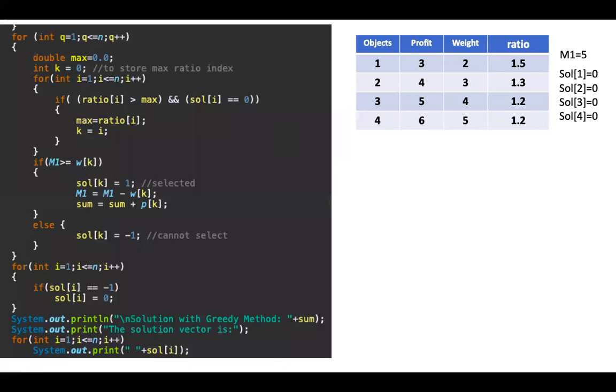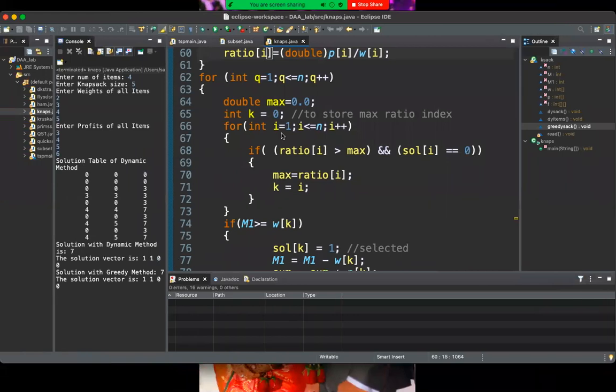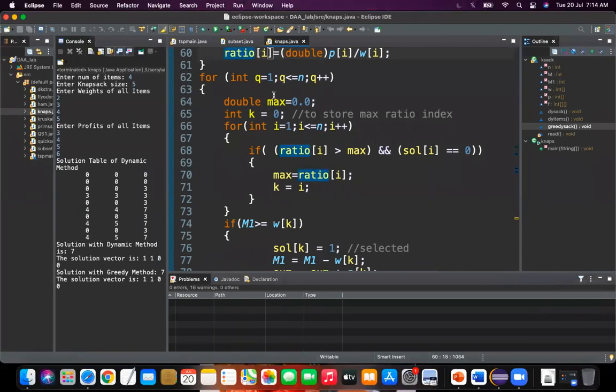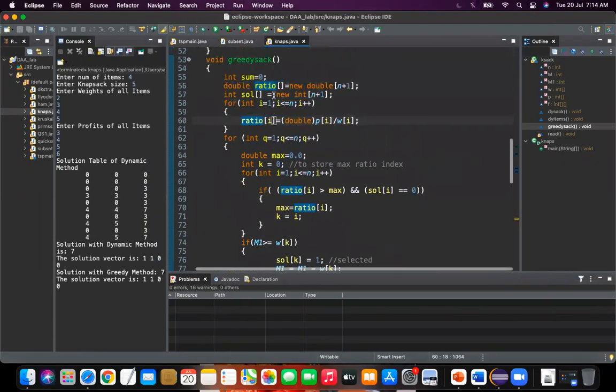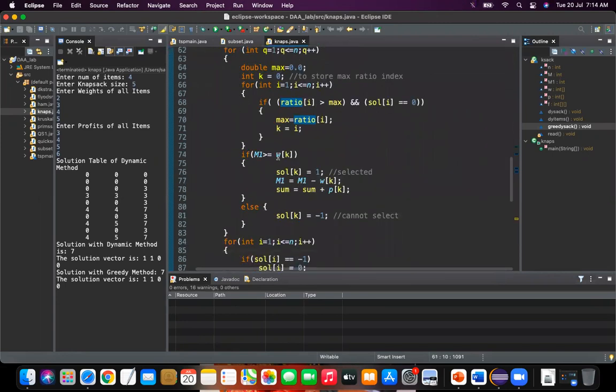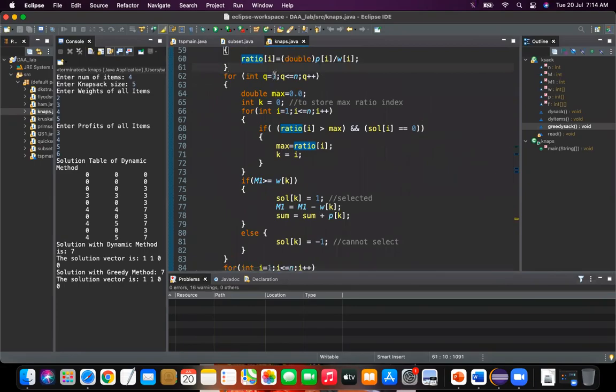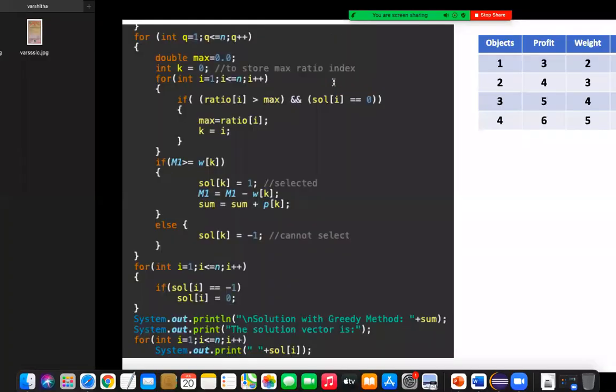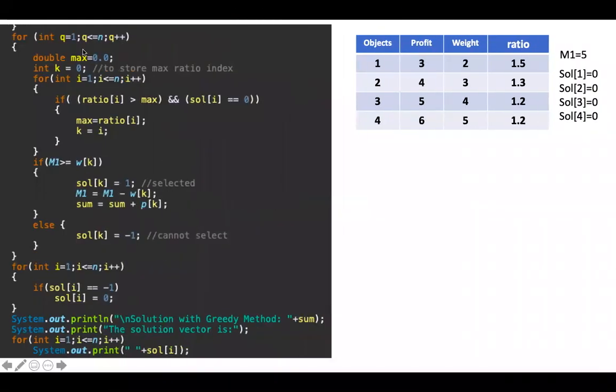So in the program, up to here we saw that we have calculated the ratio of each and every item. Now this for loop will start, for int q is equal to 1. Profit we have, weight we have, ratio already calculated.